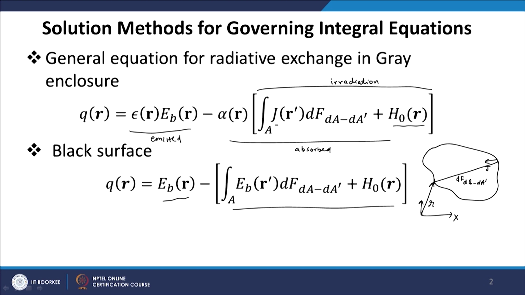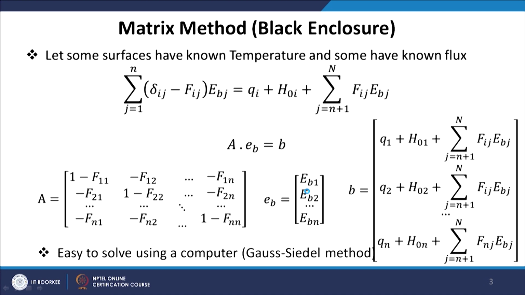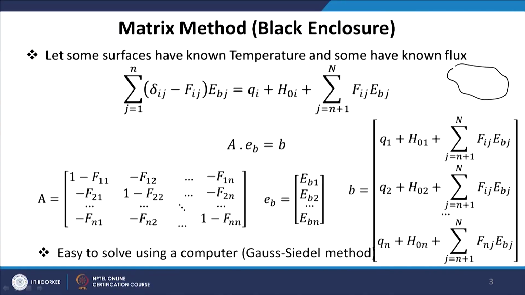Now, we will see how we can use this method to solve for a large enclosure. In the previous lectures on grey and black surfaces, we have derived algebraic equations. We assumed that any enclosure can be divided into a finite number of surfaces. So, this is an approximation which sometimes is good, but sometimes it may give you wrong results. We will see when we cannot and we should not approximate the enclosure with flat surfaces, but for the time being we assume that the enclosure is approximated with flat surfaces.